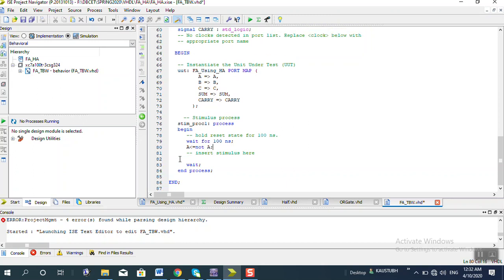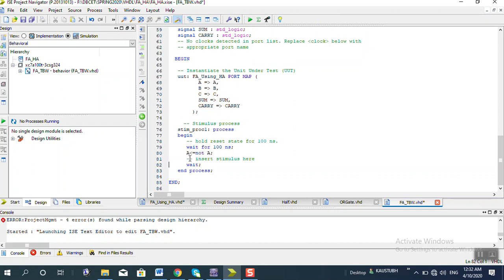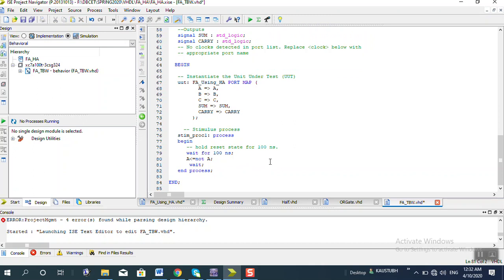Then this line is also not right. This is just a comment line. Then say wait for 50 nanoseconds. End process. Similarly, for B,